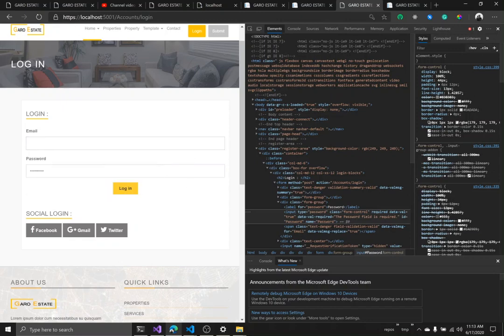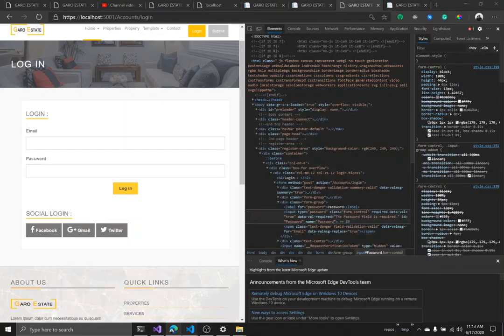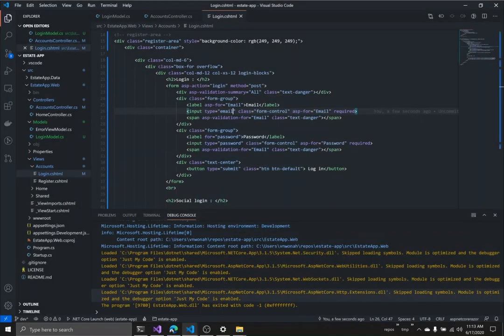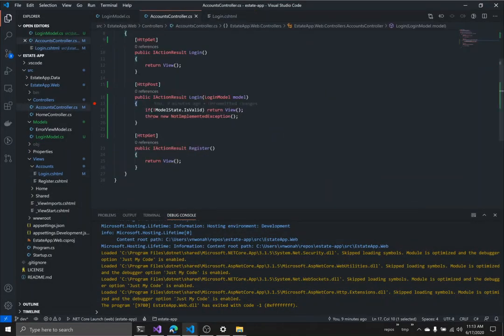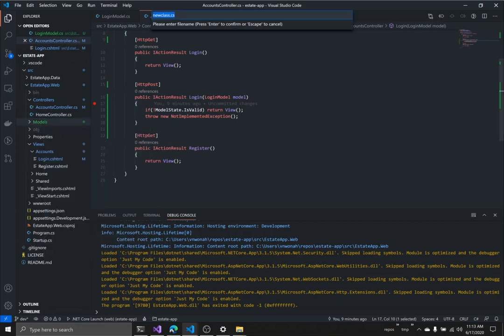So that's validation, and we're sure we can get our details into the controller now. So that's step one. Step one is get the details from the view into the controller. Before we finish up this functionality, let us do the same thing for our register view too. So once again, we're going to come to our models class, and we're going to add a new C# file, a new C# class, and we'll call it